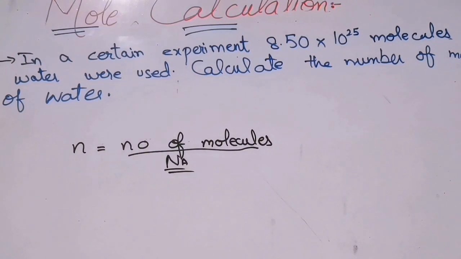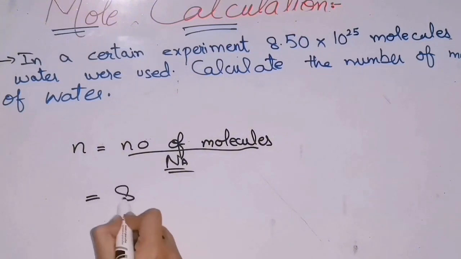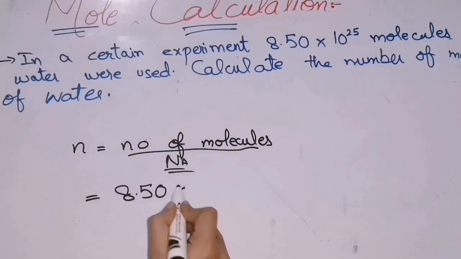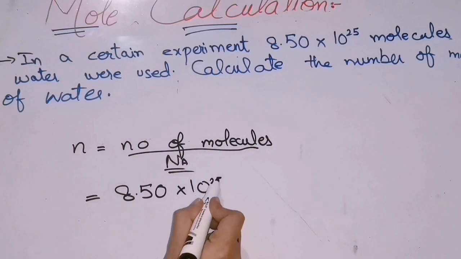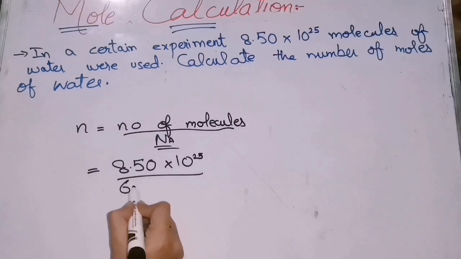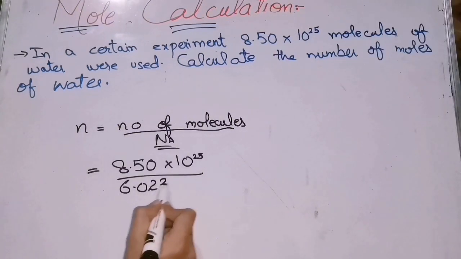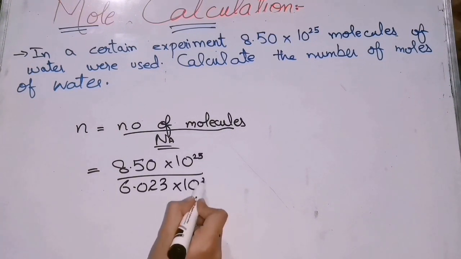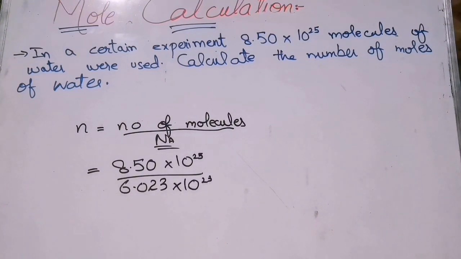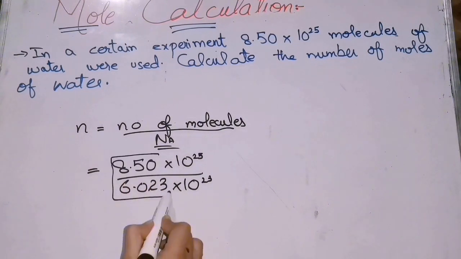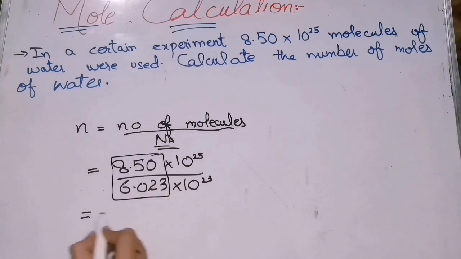Now when we put in the values, we will get the number of moles. So the number of moles is equal to 8.50 multiplied by 10 raised to power 25 divided by 6.023 multiplied by 10 raised to power 23. When you divide these, you will get an answer